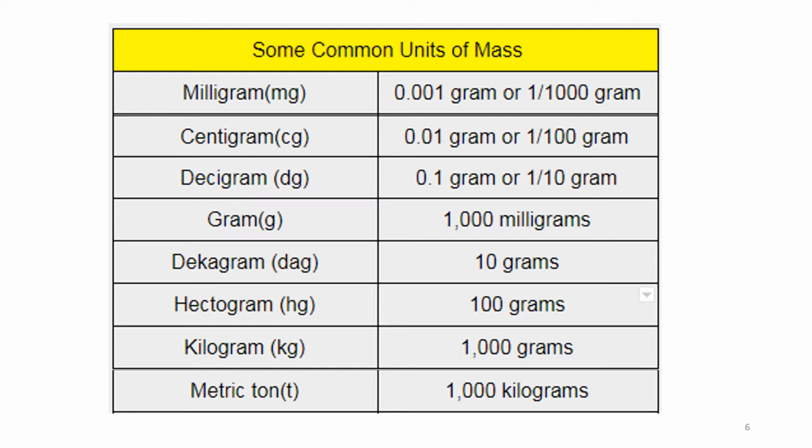Decigram 0.1 gram or 1/10 gram. Gram 1000 milligrams. Decagram 10 grams. Hectogram 100 grams. Kilogram 1000 grams. Metric ton 1000 kilograms. এই রিলেশনটা তোমরা সবাই জানো। তাও তোমরা এটা আবার পড়ে নিতে পারো যদি তোমাদের কোনো কনফিউশন থাকে।